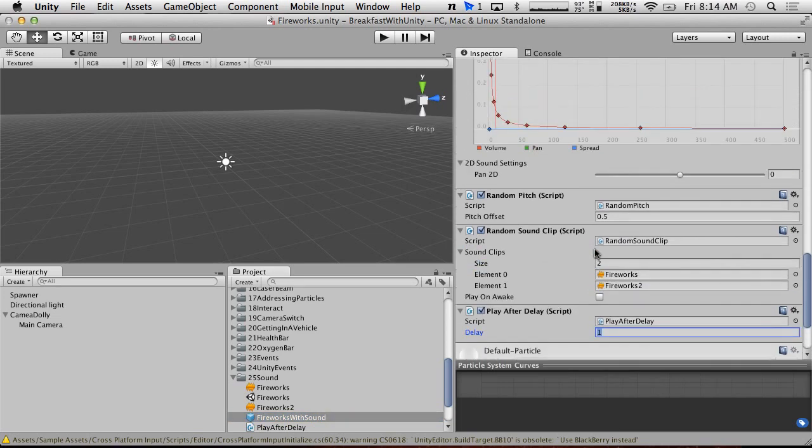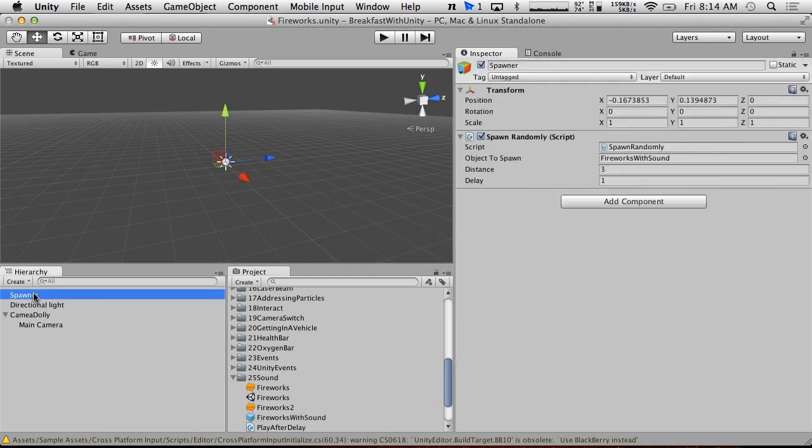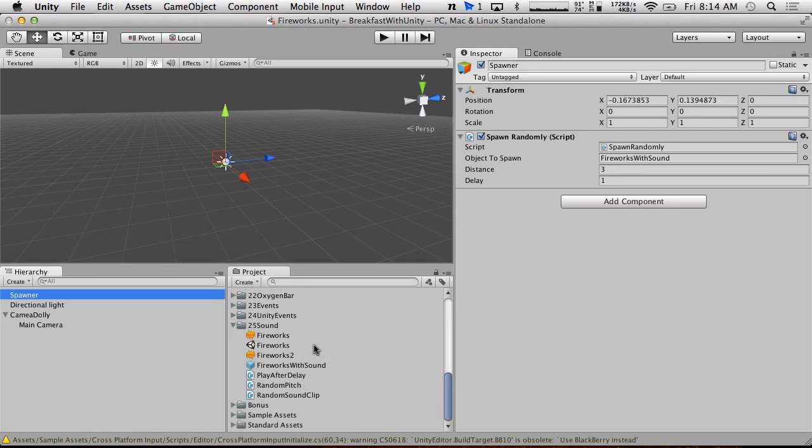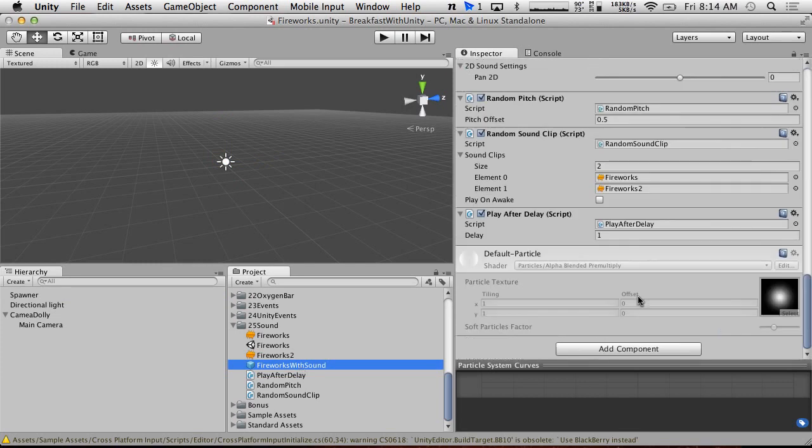And how do we randomly spawn these things right now? Delay. Oh, we just have a set delay. Okay. I kind of want to add some variation to when they go off so it sounds more like fireworks. Let's do that in just a second. Let's just get this working first. So play after delay is on our fireworks with sound, and let's just make the delay 0.5 for now. So if we hit play,